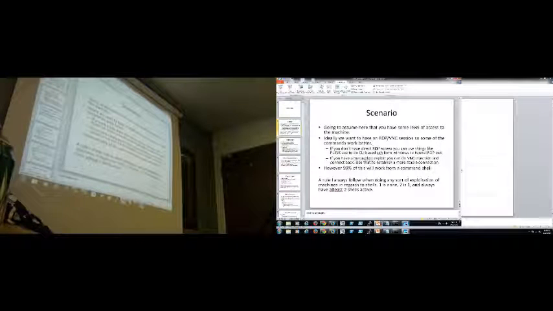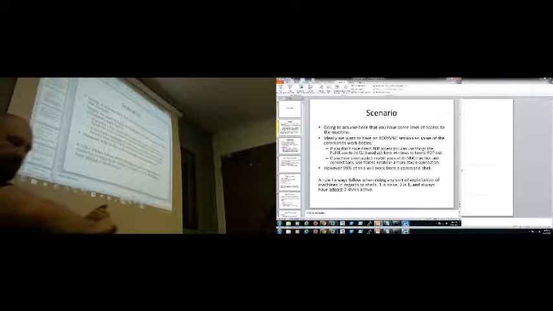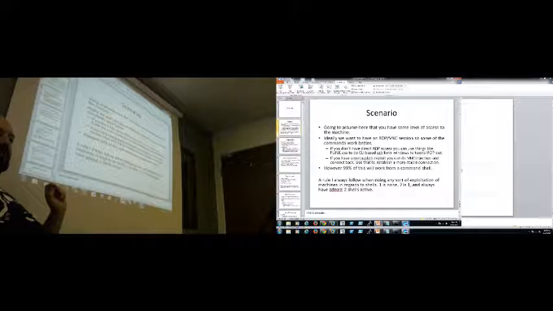The other rule I have up here: if you're working with Windows shells and you do not have more than two shells, you're screwed. You do not want to have to re-exploit, because a lot of times, once you run your exploit, it kills the service. It crashes it. And if you have not gone in and spawned multiple shells afterwards, and that shell dies for whatever reason, such as you accidentally hit Control-C and kill it,